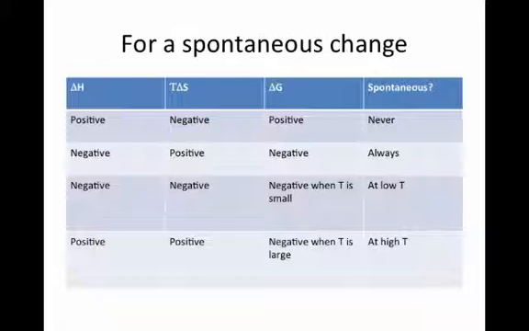If delta H is negative, so that's favourable for delta H, and T delta S is also negative, so it's a negative entropy change, the entropy is unfavourable, then delta G is going to be negative when T is small. So this reaction will only happen at low temperatures. If delta H is positive, which is not favourable, but delta S is positive, then delta G will be negative